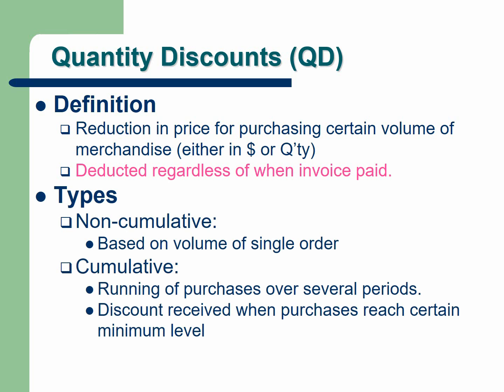The vendor may decide on the quantity discount schedule in two different ways. One is the non-cumulative quantity discount schedule, which means that whether or not the quantity discount is given, and how much is given, will be decided based on the volume of the single order. So each single order of the buyer will be viewed against a certain criterion that the vendor sets up. And if the buyer's single order meets the criterion, then the buyer will get the discounts. And it is determined for each single order separately.